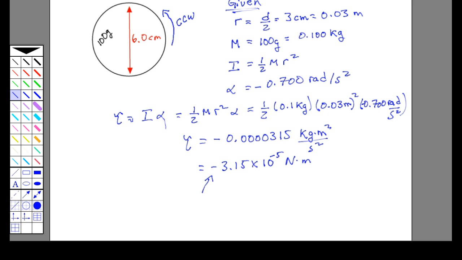We could draw maybe an arrow for the force of friction. It's doing something like this. That's a big arrow. Anyways, you get the idea. Here is our force of friction. Okay, let's note that this is going to be a clockwise